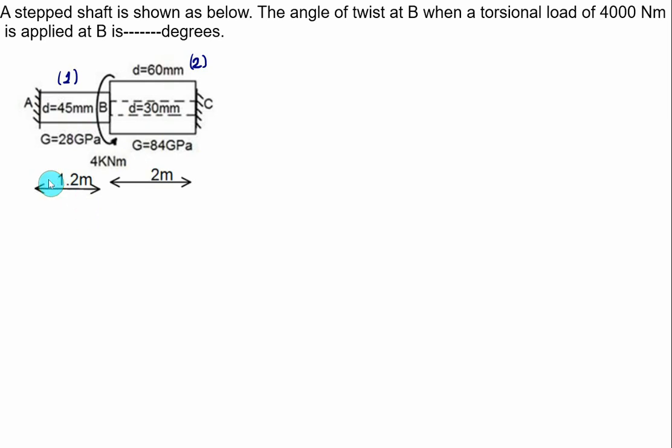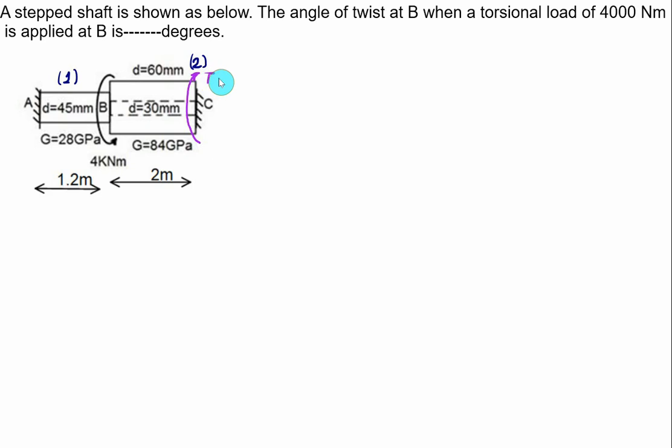So first we'll draw the torque diagram, then we'll find out the torque acting on shaft 1 and shaft 2. Once we know the value of the torque T1 or T2, then we can calculate the value of theta using TL by JG, either by using shaft 1 or shaft 2. The torque reaction at C and A, you have to always show opposite in direction to the externally applied torque of 4 kilonewton meter. So let's say this is the direction opposite to this external torque,